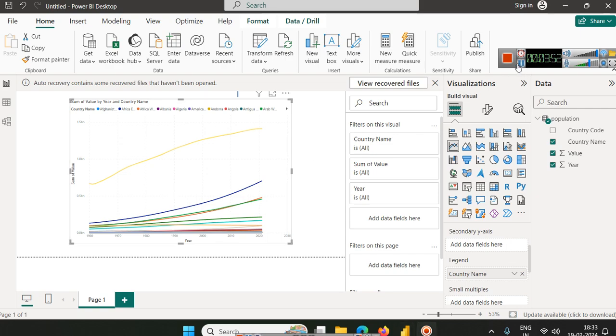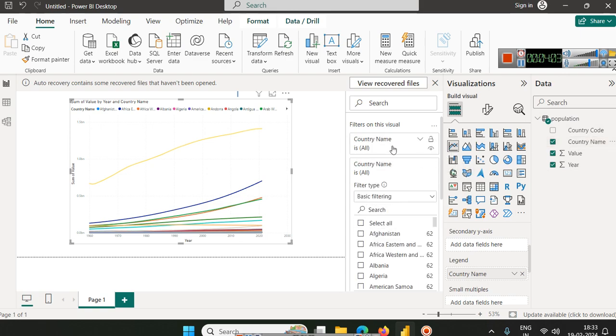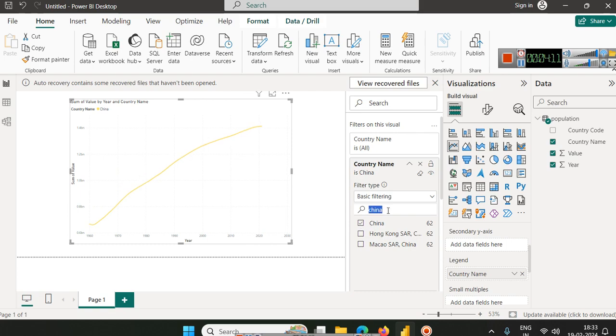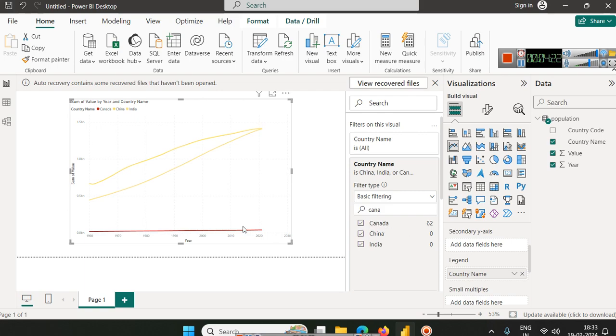Now suppose you have to select specific countries. So what you can do is you can drag this same column, that is the country name, in filter, and then suppose you want to select China, India and Canada. So we can select China, India and Canada, or whatever you want to select. So let's say we are selecting these three countries. So here you can see